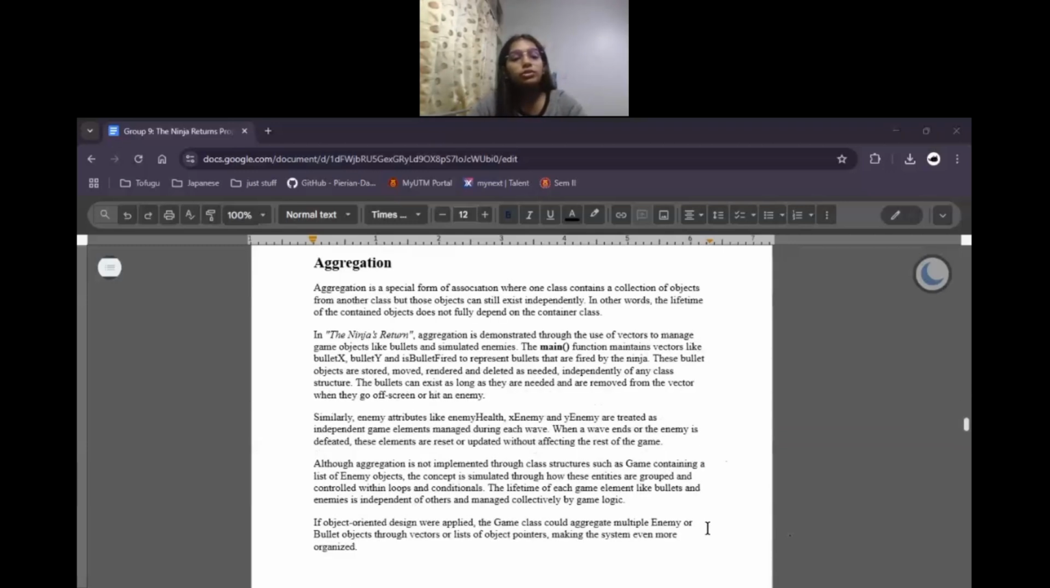Next, we are going to go through aggregation. Aggregation is a special form of association where one class contains a collection of objects from another class, but those objects can still exist independently. So, to say it in other words, the lifetime of the contained objects does not fully depend on the container